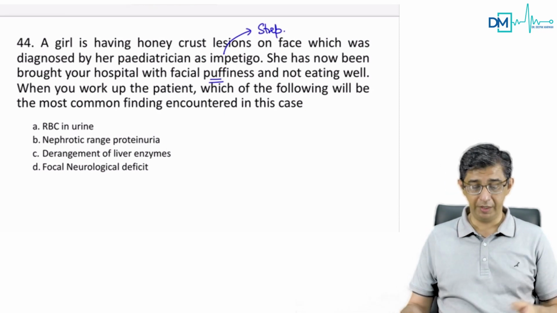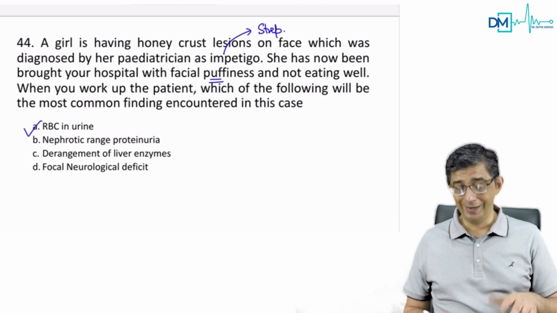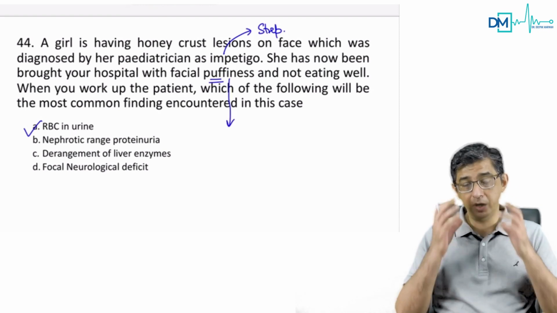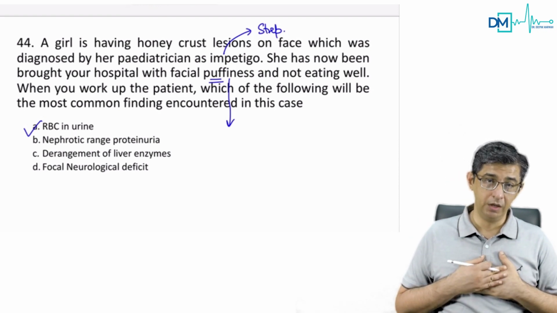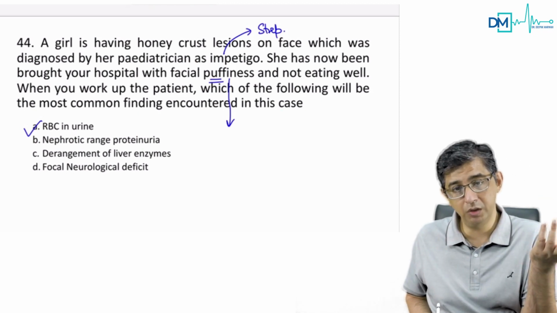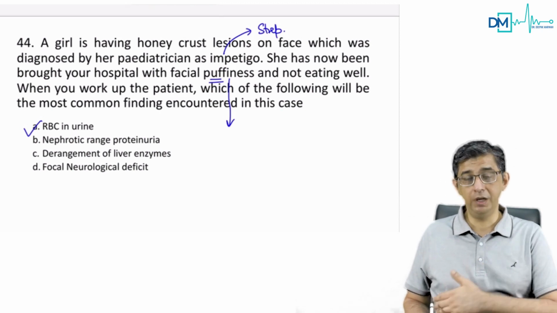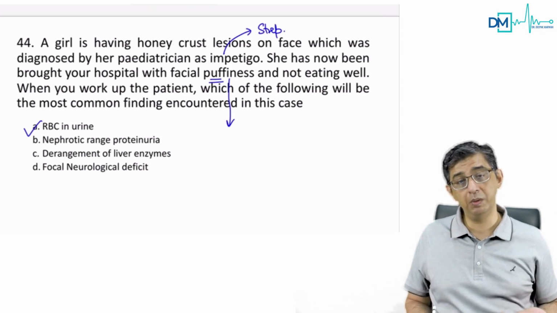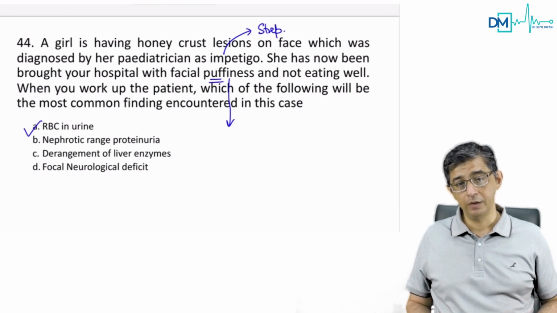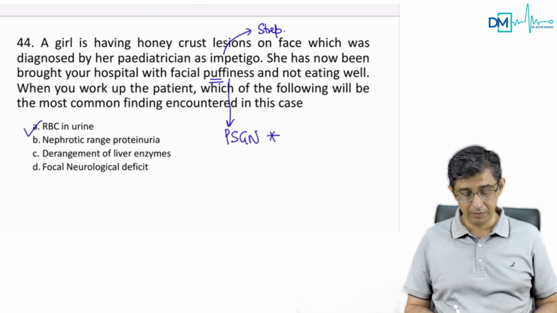that is post streptococcal glomerulonephritis, because this girl will be having RBCs in the urine. And how did I know that it is RBCs in the urine? Because she's having facial puffiness, she's not eating well. So what are the reasons for why a person would be having swelling on the face? Either the heart is failing, or the liver is not working, or the kidneys are not working. When any person comes to you with a puffy face, it could be an allergic reaction to food, but nothing like that is given. It could be heart failing, but no heart failure findings. It could be liver failing, because albumin will become lesser, so there could be puffiness. If there are no heart issues and no liver issues, it has to be the kidney. So this patient is actually having post streptococcal glomerulonephritis, which will contribute to hematuria. So pretty straightforward one.